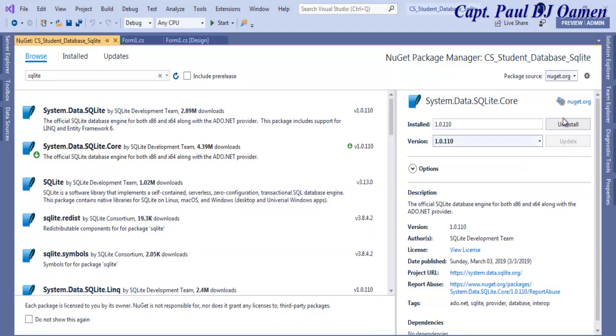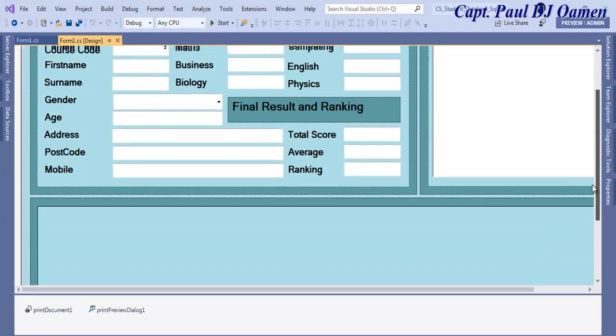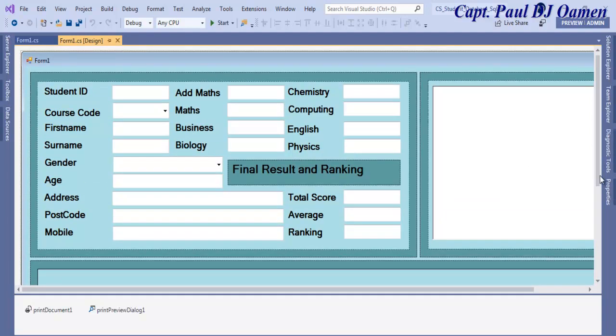Let's close that. Look, if I click on install, then I will uninstall it. It's already installed on my system. Once you get this button that says uninstall, that means it's installed. So I can close that now. I don't need it anymore. Now SQLite is in. Okay, the next thing we want to do now is,